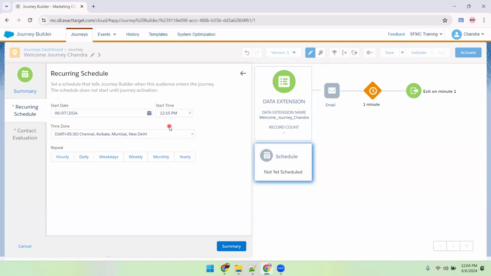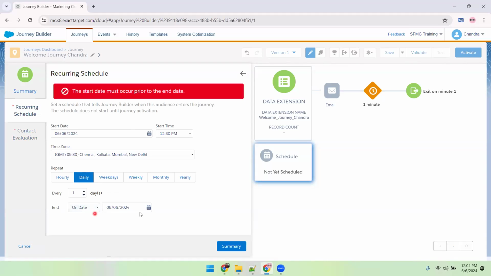This journey will be starting from tomorrow. Can we do it today? Yeah, probably yes. We can do it today itself. Let's select today's date and 12:30. Select today's date, 12:30 p.m., Indian time zone, and select repetition as daily. And we want to end it on